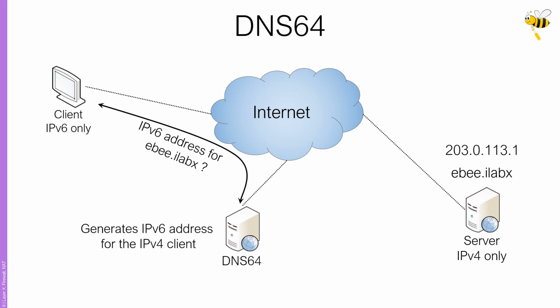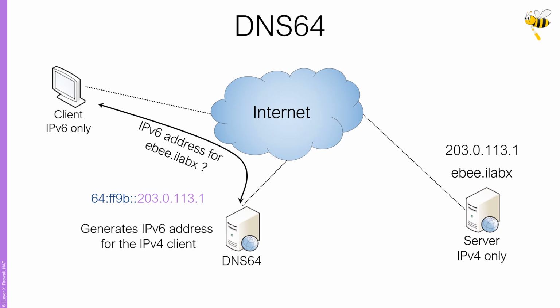This works pretty simply. The DNS64 just takes the 96-bit long IPv6 prefix, for example 64:ff9b/96, and combines it with the 32-bit IPv4 address of the server. In total, that gives us a 128-bit IPv6 address. Note that we used a mixed notation using both hexadecimal notation of IPv6 and the decimal notation of IPv4. We could also translate everything to hex, but in the end we just have 128 bits. This notation makes it easier to see how the address is constructed.